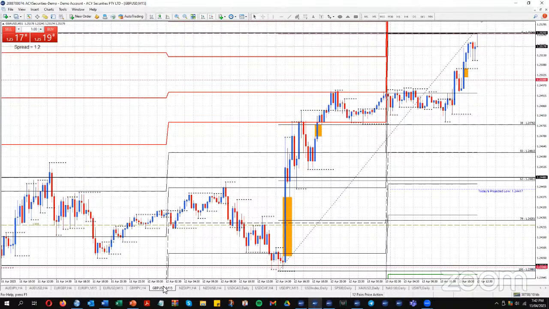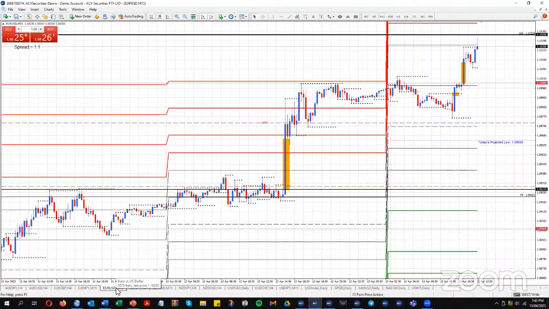All right. Now, if you don't know it's a resistance level up there, you could just be thinking, I'm buying on a little bit of a pullback here because I'm seeing a little bit of negativity on a candle. And you're pretty much buying it right at the top of the market at the moment. That's the top of the year at the moment on the pound. And we're at the top of the year for the euro. So do you really want to be buying at the top of the year?